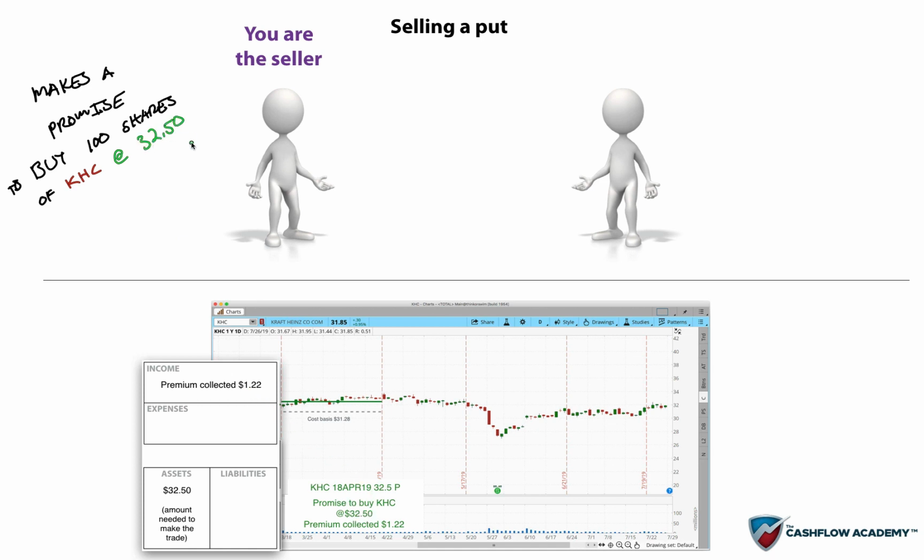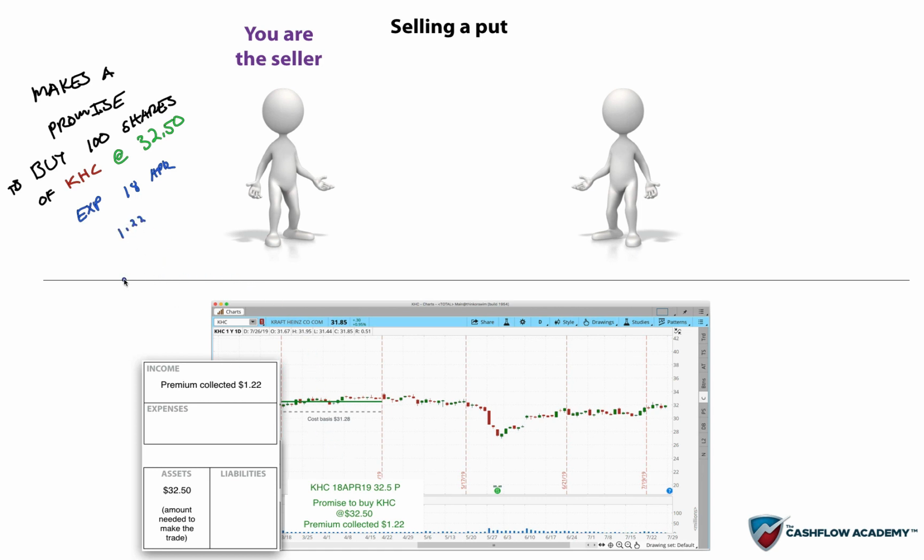And we'll look at an option chain and do another one of these all the way through. In fact, we're going to do a couple of examples here so you can rewind and review, repeat. So $32.50, and we're going to do this anytime before the 18th of April. So the expiration date right here, we'll just say expiration is going to be 18 April. And the premium that we're going to collect, let's put this in blue as well, is going to be